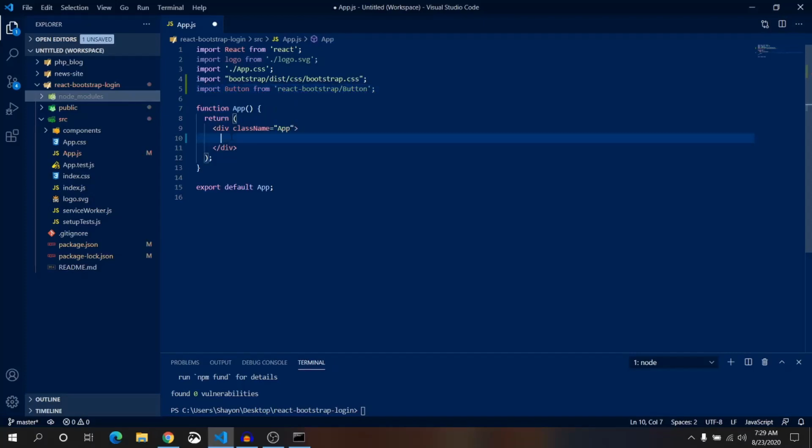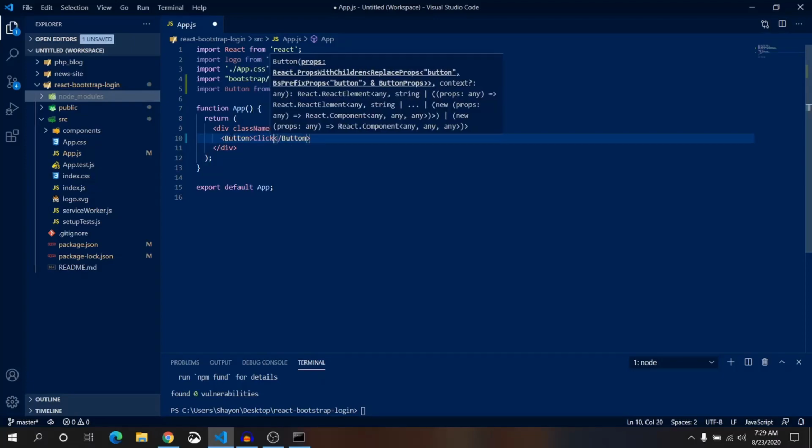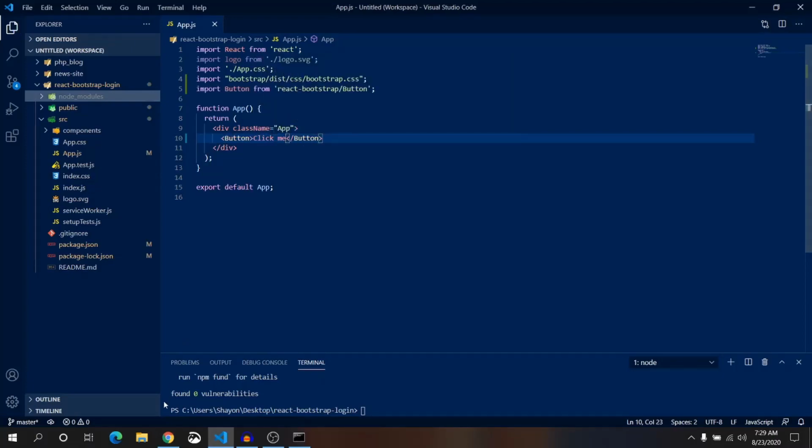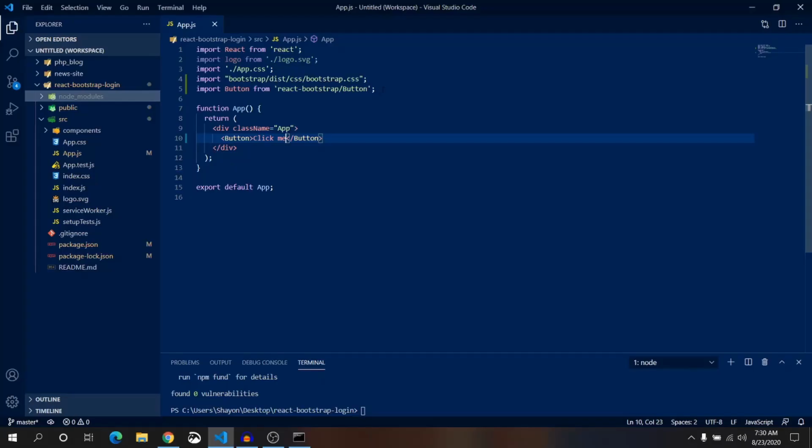Inside this div, let's write button click me. That is the text of our button. This is the nice little stylish button. This was the first way of importing any component in React Bootstrap.